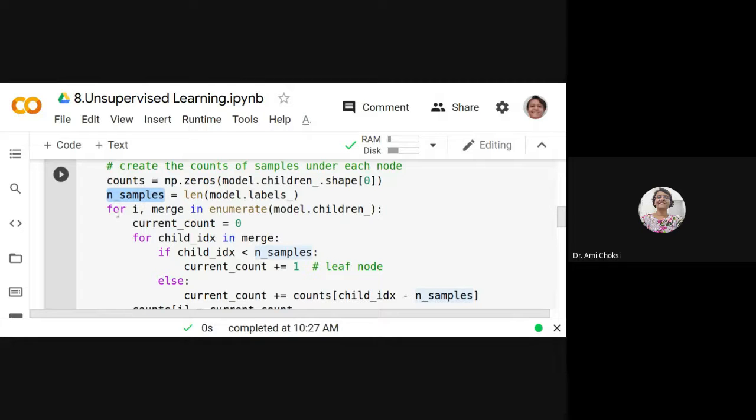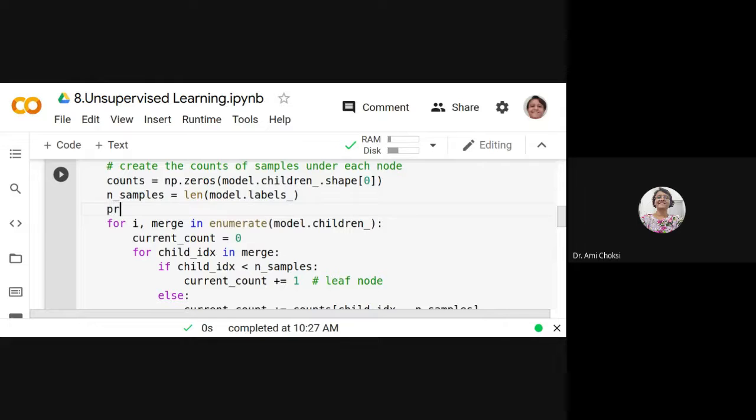Then what we do is for i, merge in enumerate(model.children_). Whatever are the children that we are taking in parts, they are the i and merge, right? If we want, we can print that and check what it gives us.